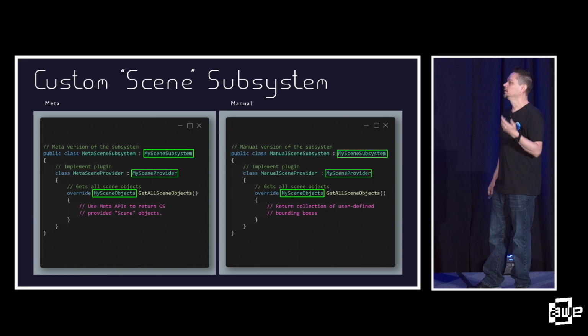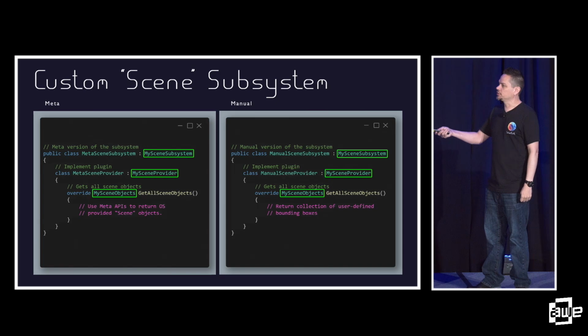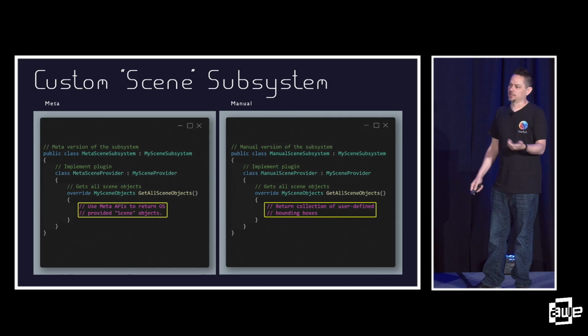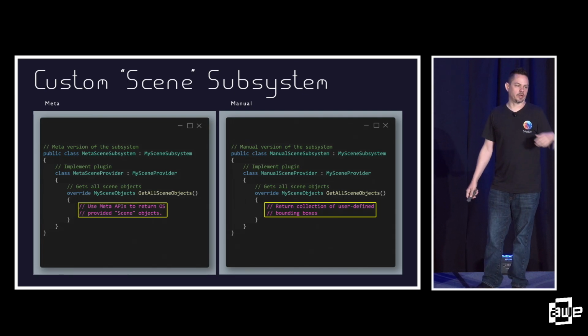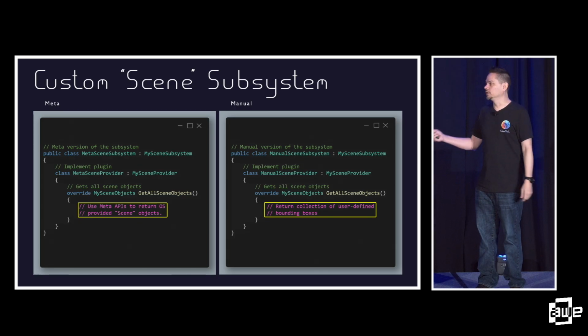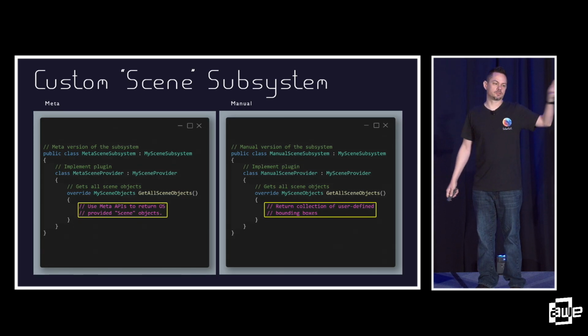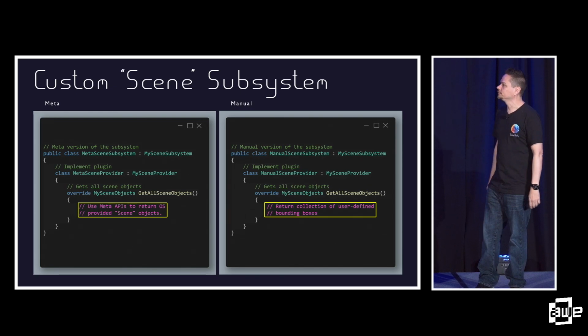So in this example, I made up my own scene subsystem, and I have a Meta implementation of it and a manual implementation of it. On the Meta side, I can use Meta's API to return bounded volumes. And then on any other platform, maybe I have some setup where the user can walk around and annotate boxes in their scene, and that's what gets returned. Okay? This is a plugin system. Unity has a way of saying, only load this subsystem on Windows, only load this subsystem on Android. So you can decide which plugin gets loaded on which platforms. And that is a good way of taking this code forward.